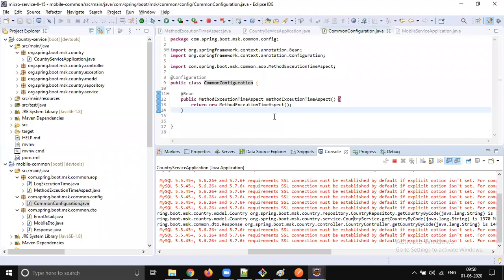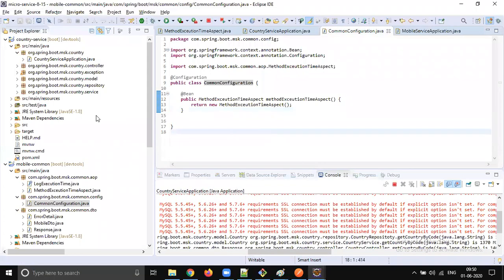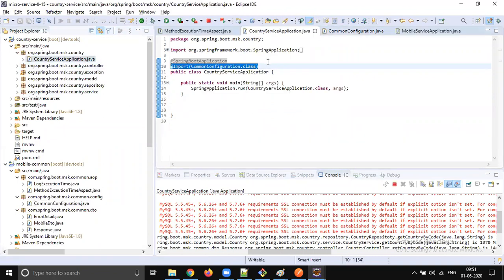So now aspect is, Sunil, yeah. Sunil, one question. Instead of creating this common configuration in country service and mobile service, if I add this MSK country in components, will that not work? That time what will happen, once you started overriding component scan, you need to give the current package also.